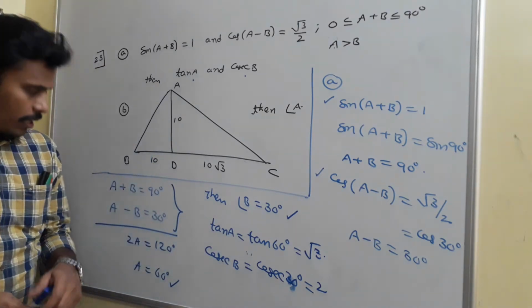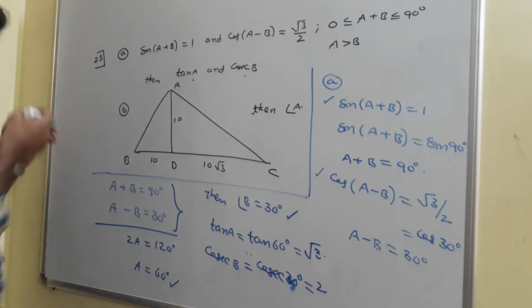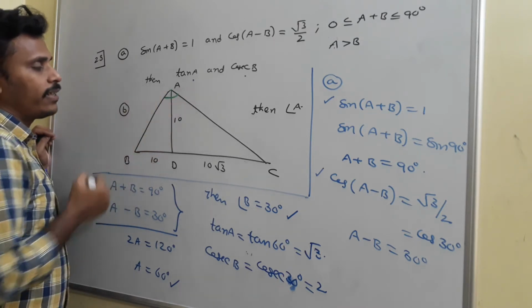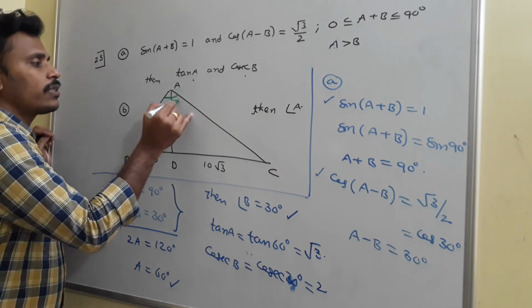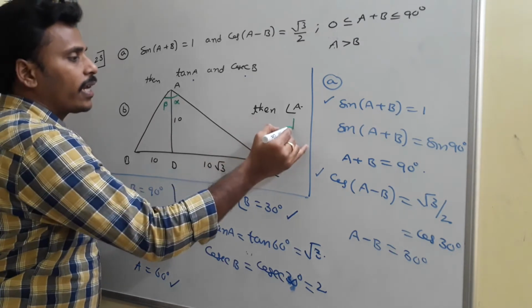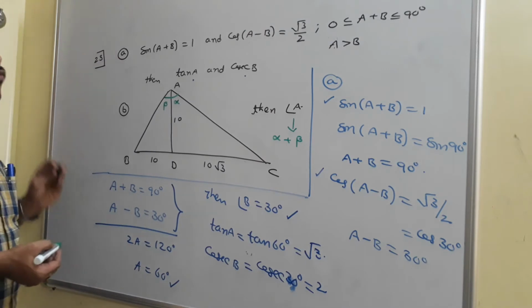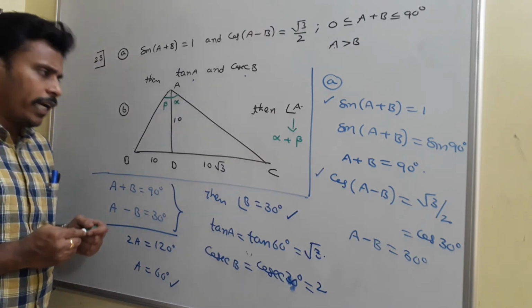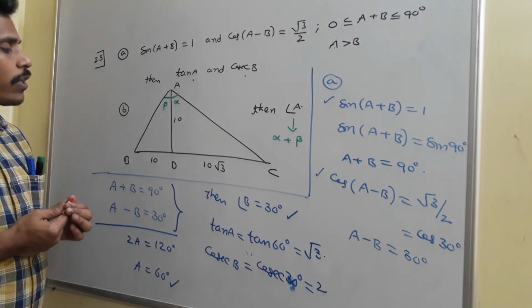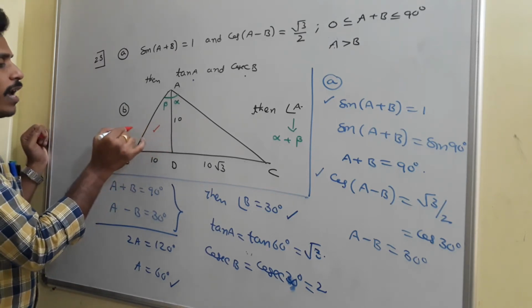And now see, think about the second problem. The second problem is a diagrammatical one. The question is asking you to find what? Angle A. That means we need to find this total angle at the end. See, you just mark this angle as some alpha and this angle as some beta. That means finding angle A is nothing but finding the sum of alpha and beta. Now to find the sum of alpha and beta, just apply what? Trigonometric ratios for the first one and second one. See, if you look at this diagram, this triangle, for this triangle what do you say?